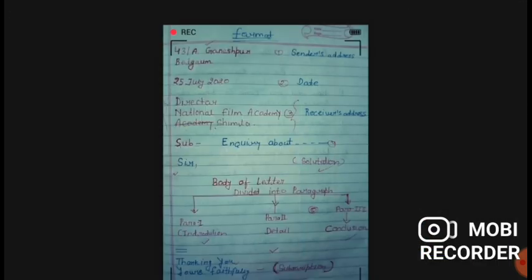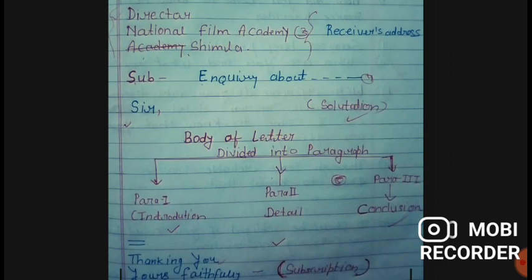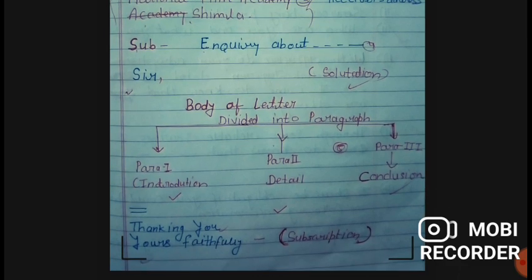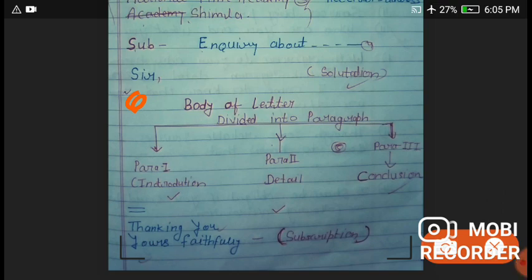Now we will come to the next part। After you have written the receiver's address, you will write the subject, and then you will give a gap of 1 line, and then you will write the 'Sir', this is called salutation। And then from the very next line you will start writing the body of the letter। लेटर का बॉडी लिखना शुरू करोगे। And in the body of the letter you will take care that you divide the body of the letter in 3 paragraphs। लेटर का बॉडी 3 पैराग्राफ्स में डिवाइड होना चाहिए। First paragraph will be the introduction, second paragraph will be the detail, and the third paragraph will be the conclusion of the letter।